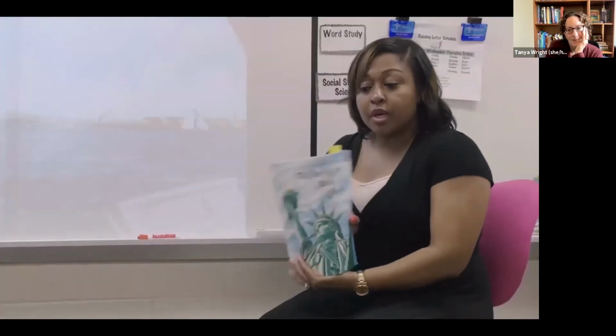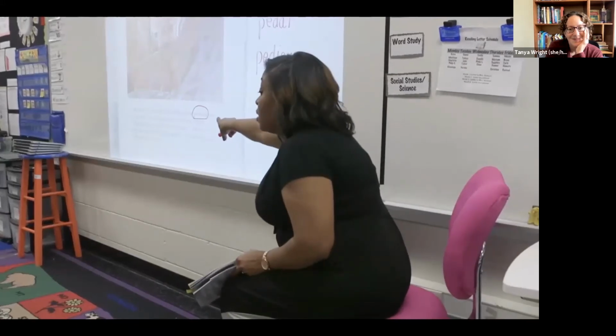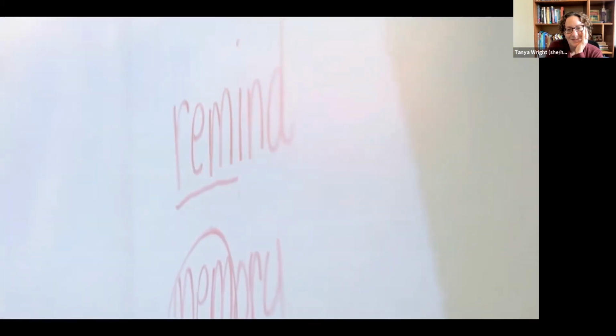Of what they're reading. During a read aloud, I have a goal or a strategy that I'm planning to teach. And once I model and I have some participation from the students, the goal is that they will go back to their seats with their choice book and use that same strategy to build on comprehension. In today's lesson, I'm going to reread parts of the story, The Statue of Liberty. I'm going to help the children notice word parts of unfamiliar words. I'm going to stop on a couple of pages and point out some tricky words that may be unfamiliar to the children and break apart their word parts and make some connections between new words and words they already know.